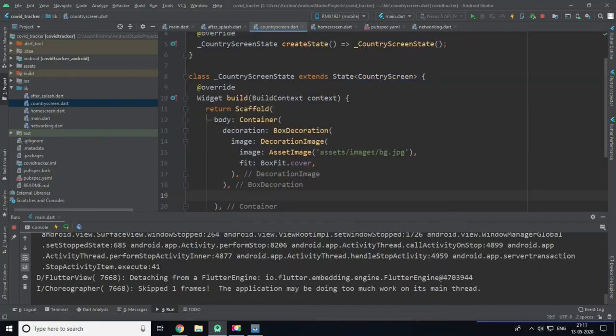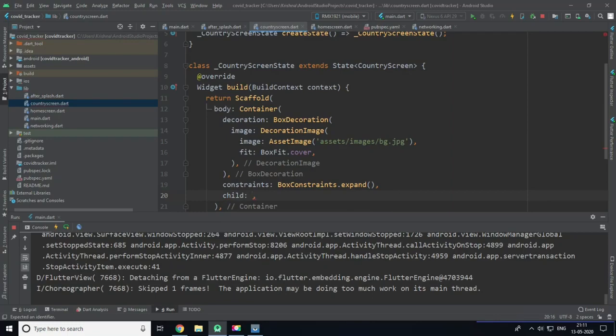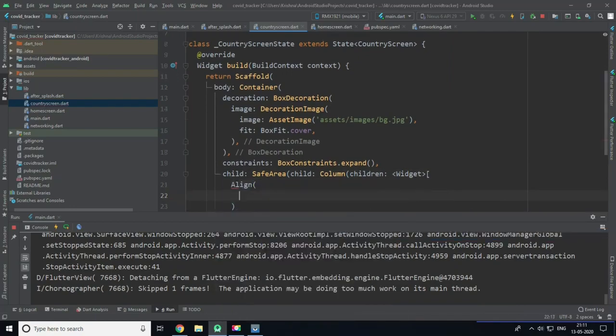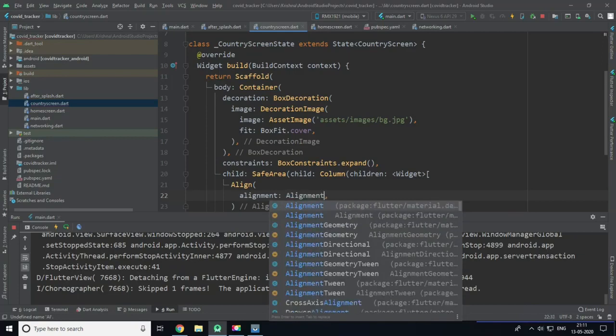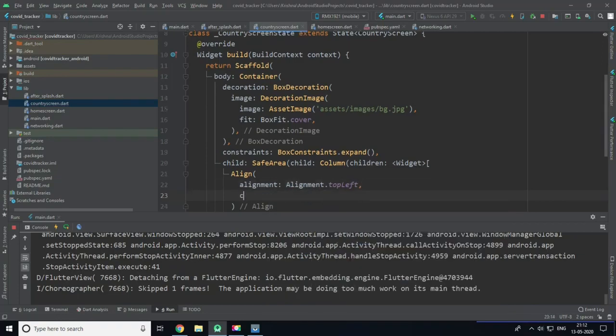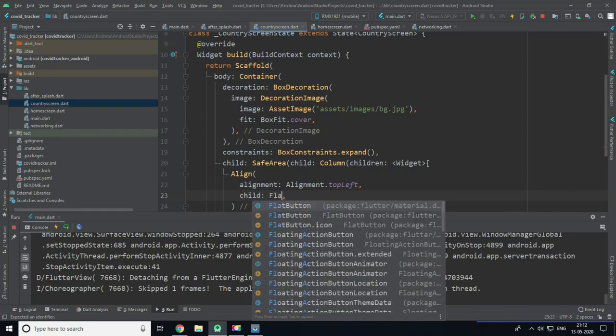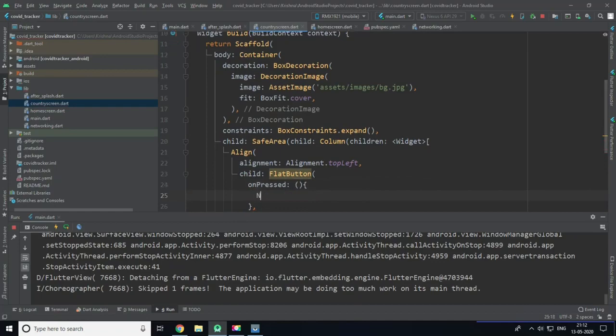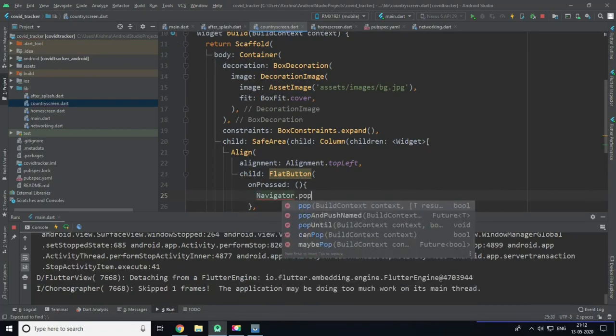Okay, now what I'm gonna do is to create a constraint in this container which is called a box constraint with expand and create a child which is a safe area which contains a column with different children that are first an align which has an alignment dot top left and a child as a flat button which on pressed moves to navigator dot pop context.